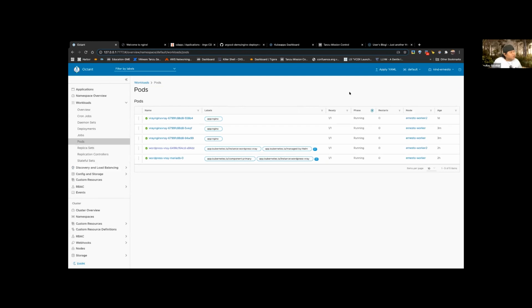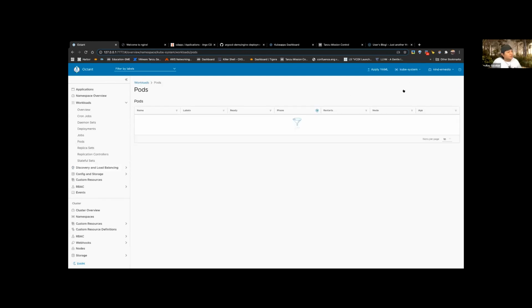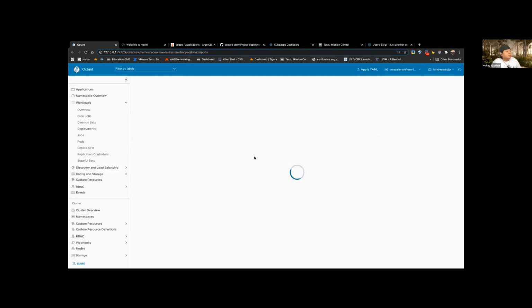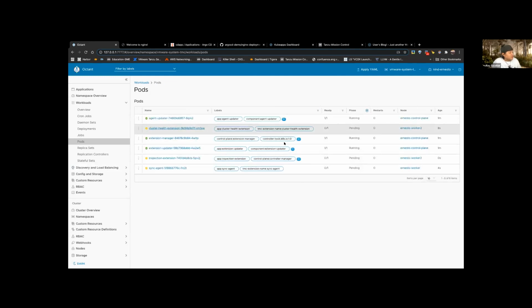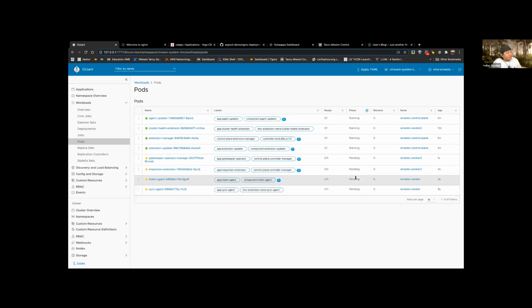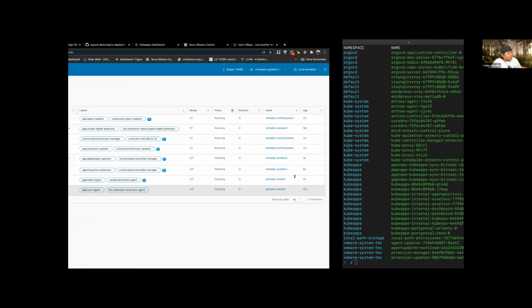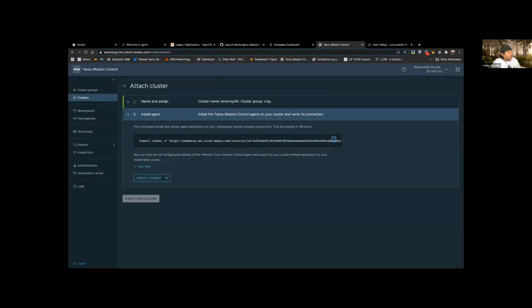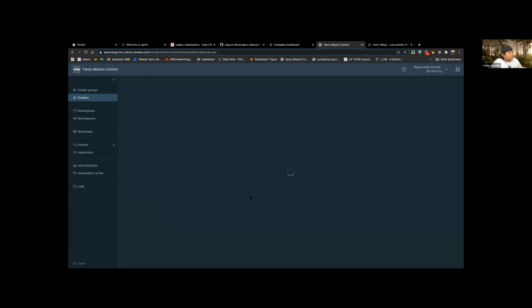Let me just get into the kube system. Here we are going to have system TMC, which stands for Tanzu Mission Control. Some of the pods are running, some of them are in pending state, but they're changing. So it's just that easy. Let me just verify the connection, and then view my cluster.